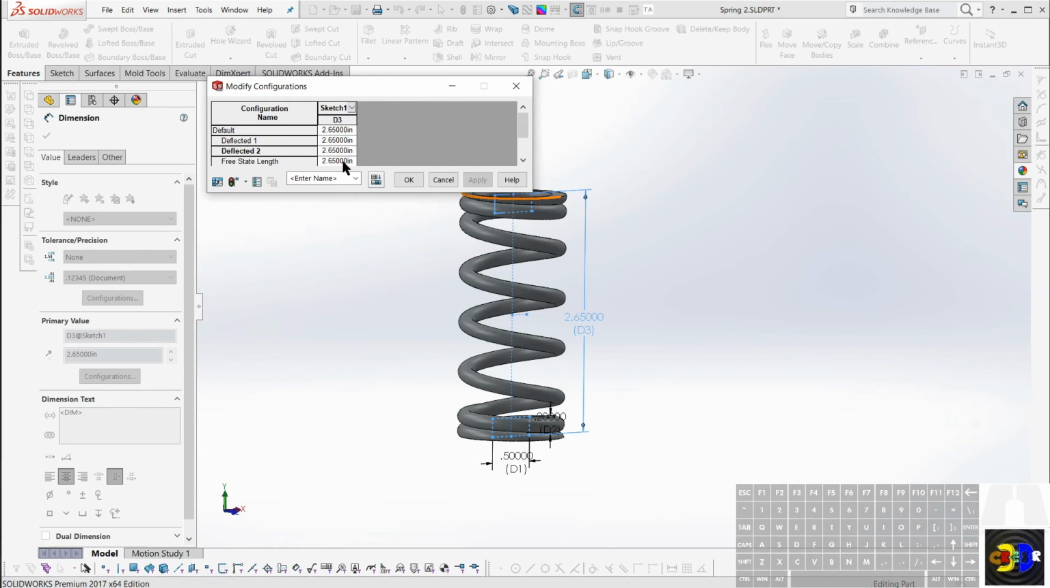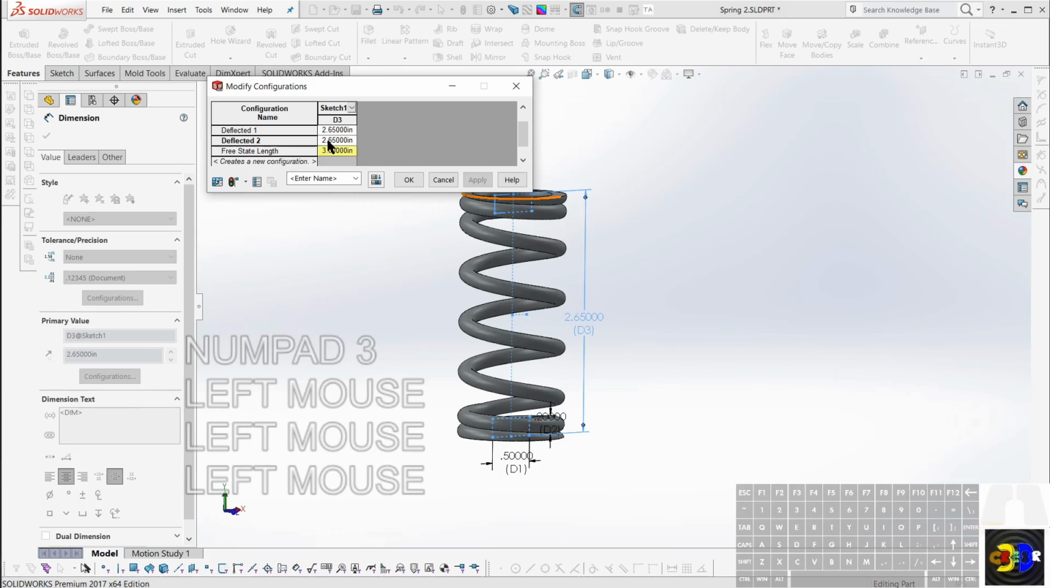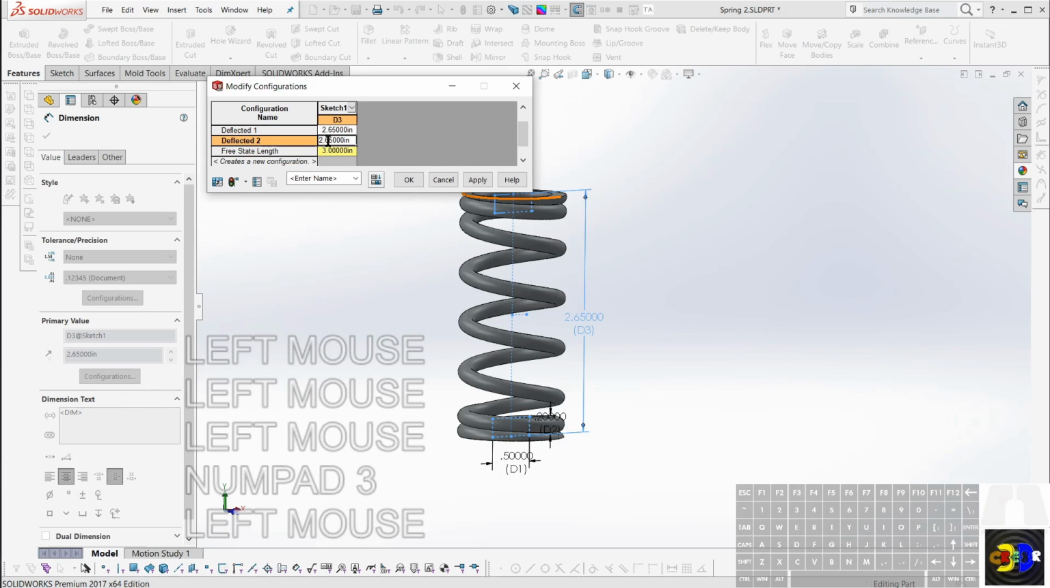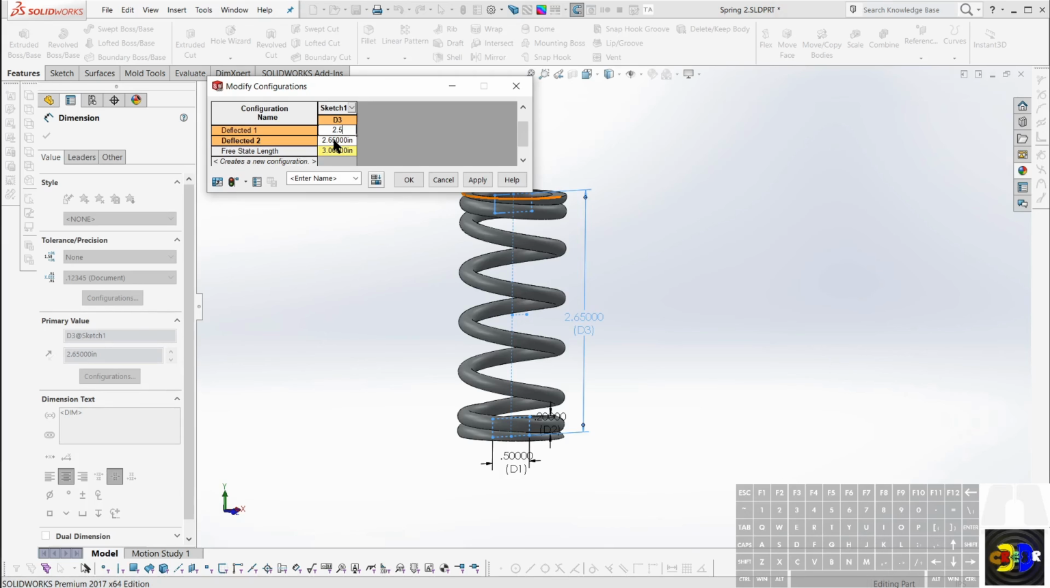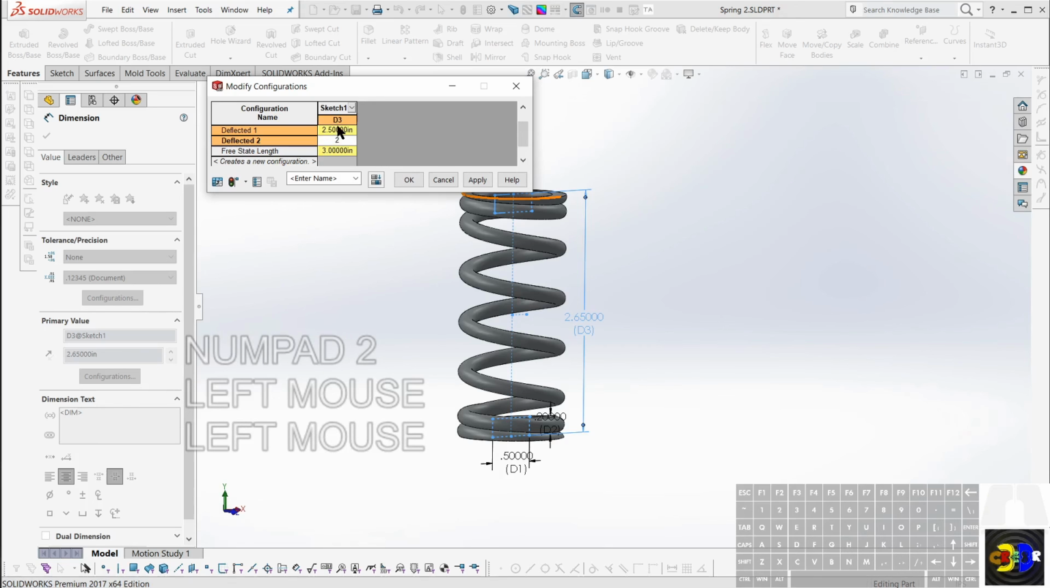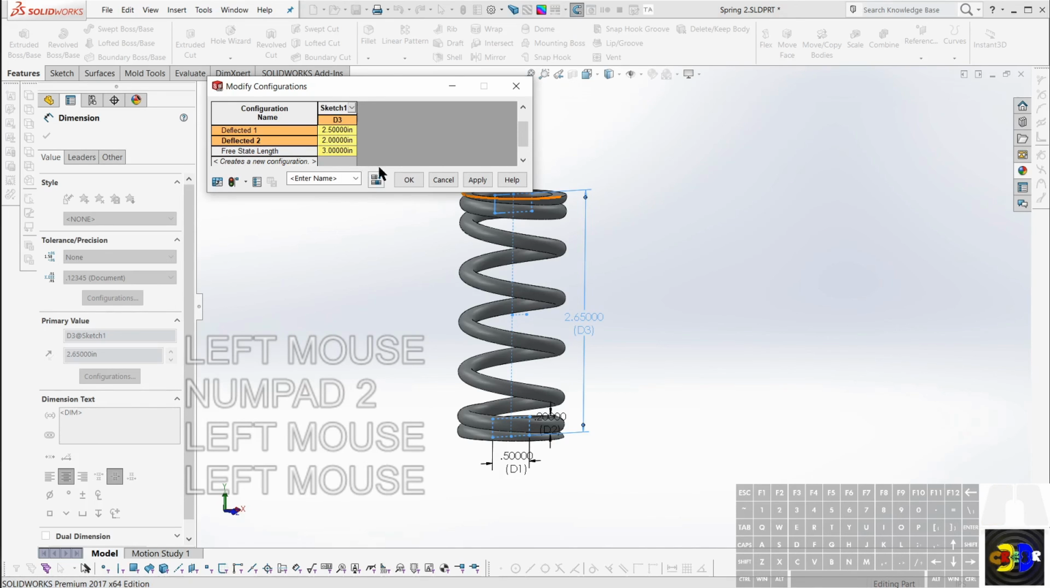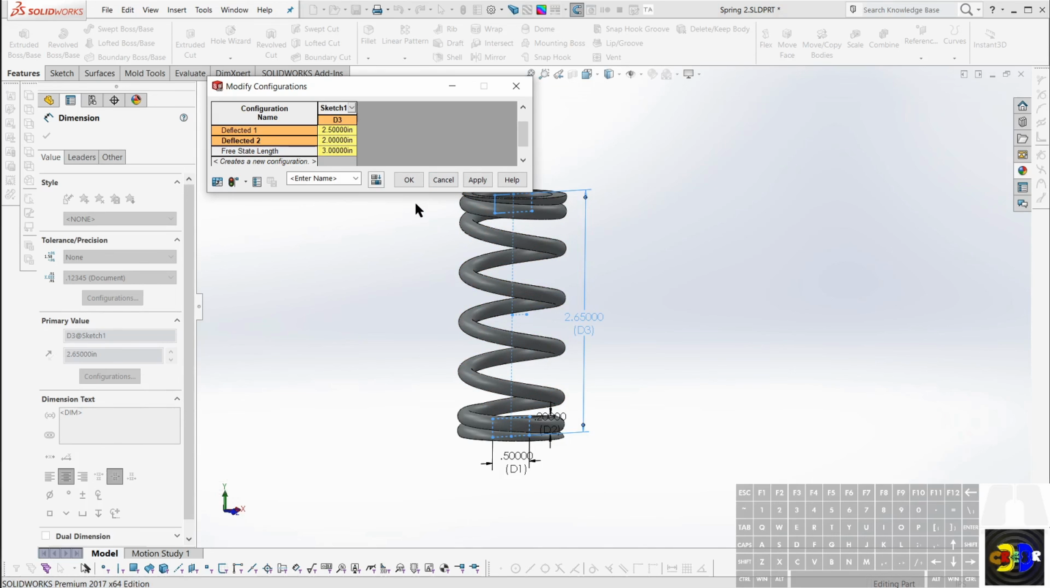So let's call the free state length 3 inches and the deflected 1 at 2.5 inches, so that would be a half-inch deflection, and so depending on the spring rate would be a given amount of force required. And then if I go down to 2 inches, that would basically be double the force, just about. I mean, these springs tend to be just about linear in their force values, and so I can say OK here,